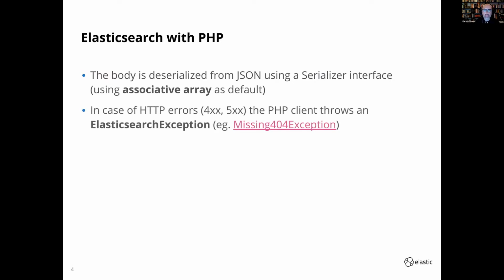In case of HTTP errors, the PHP client throws an Elasticsearch exception. That is a specific custom namespace that basically extends the PHP exception. So you can catch errors using this exception. For instance, we offer a lot of different kinds of exception. Of course, this is the main